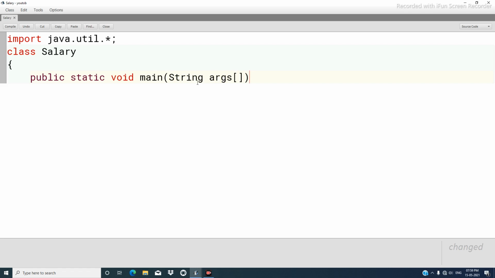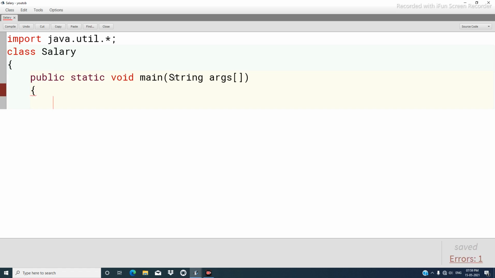So this String args is for command line interface, which is again another way of input that we will learn later. After defining the function statement, that is public static void main, we press enter and then we again open one curly bracket. This is for the function body. So the method body or function body begins over here.